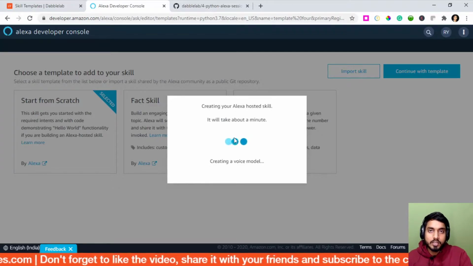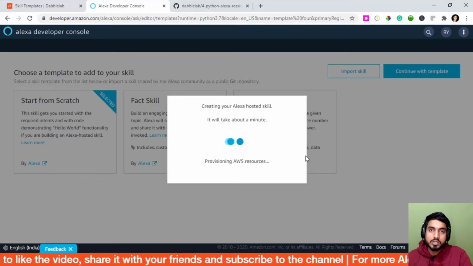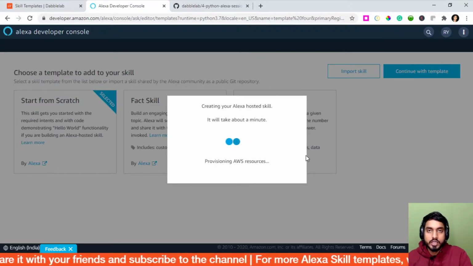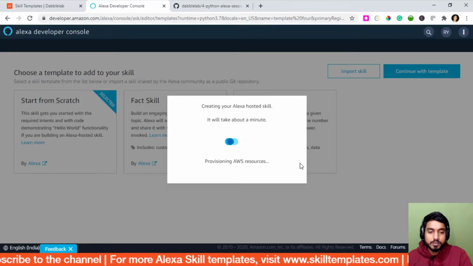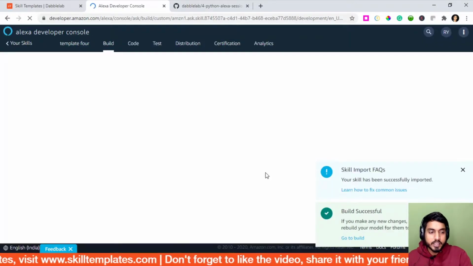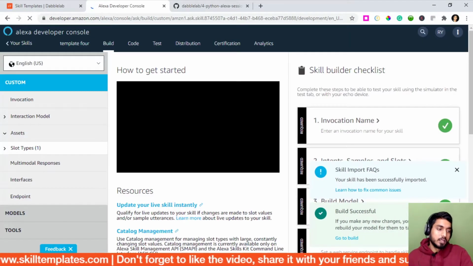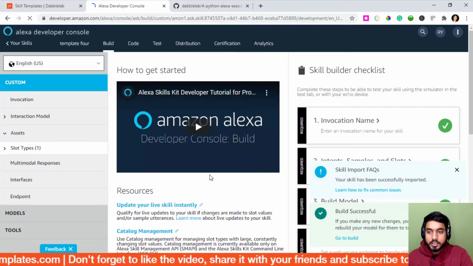So you don't actually need to worry about anything, and after this stage, once the skill is deployed, it should be good to go and production ready. If you want to make any changes, you can make changes to the skill and use it as per your needs. This process ideally takes a minute or so, and it should be completed any second. So yeah, it is now complete.